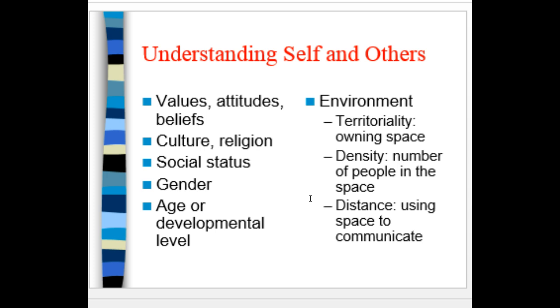We also want to be clear about our understanding of the environment. Who owns the space? In the milieu environment, we know who owns the space, don't we? If you don't, you need to look it up. How much space do you own in the milieu, in the society in which you live, in the classroom? How much space is yours? How about density? How many people in a space are too many people? Is it different for different types of people? In group therapy, what's a good density?